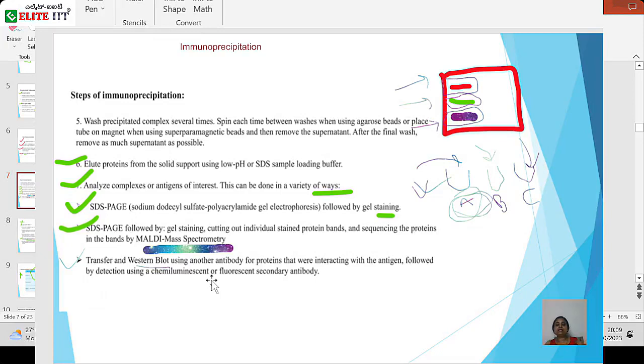Clear? Yes, ma'am. So either a radioactive or chemiluminescent probe is attached, or a fluorescent compound is attached. Okay, generally, whatever I told you,